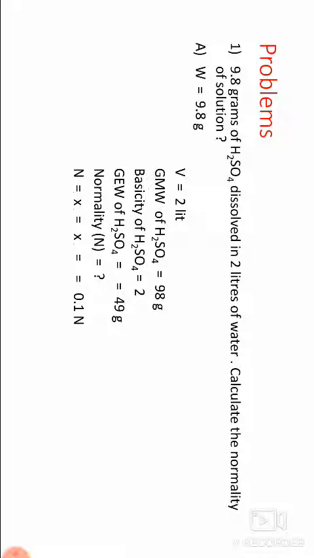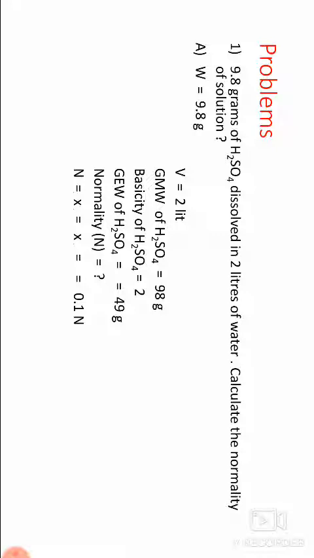And potassium hydroxide also divides into K plus and OH minus. In this compound one hydroxyl ion is present, so 56 divided by 1 equals 56. And calcium hydroxide, Ca(OH)2, divides into Ca plus 2 and 2 OH minus. It releases 2 OH groups, so its acidity is 2, and 74 divided by 2 equals 37.